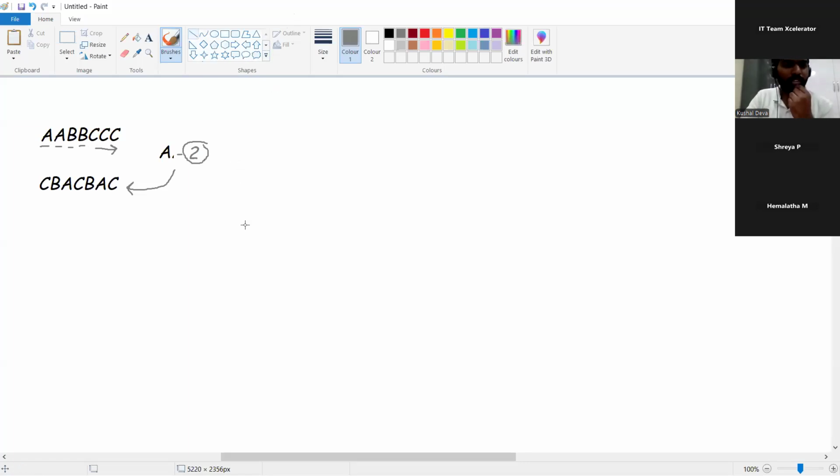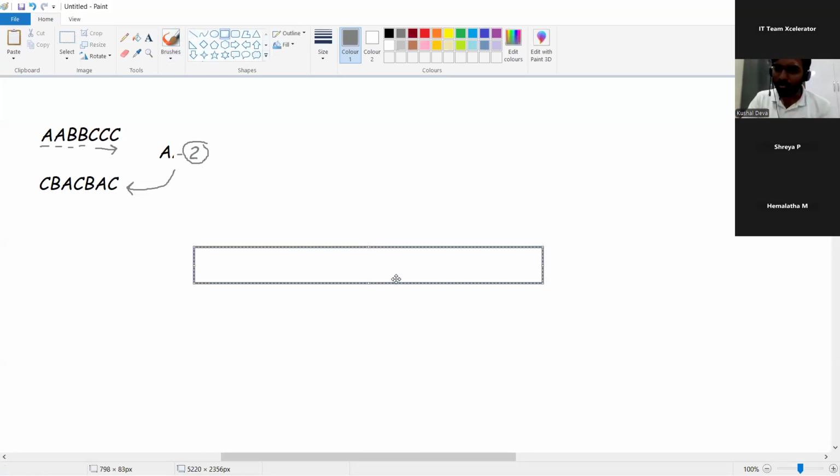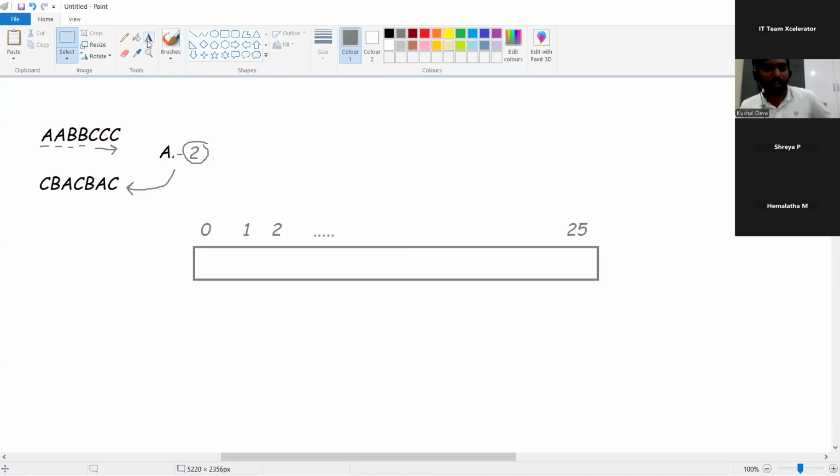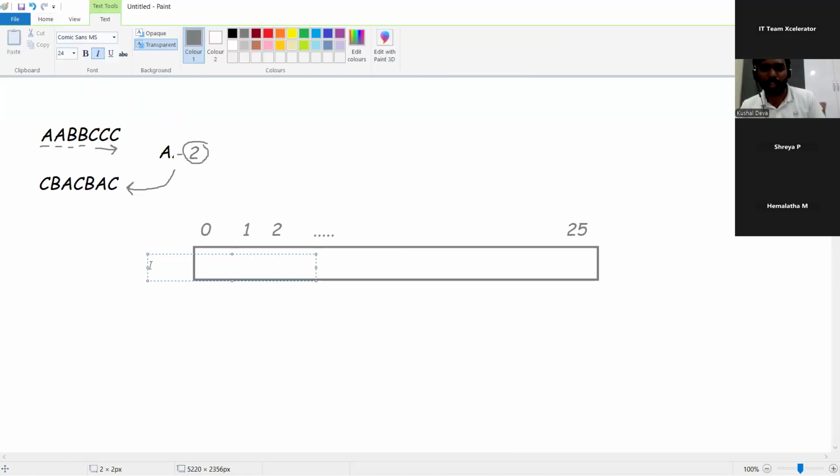So here, I would simply create something like a list. We know how to create an array, right? Let's say this is an array, and I'm assuming the indexes are 0, 1, 2, and so on, until 25, guys. What's the purpose? I'm just taking until 25. You might understand that in the next 2 minutes. I would assume that the name of the